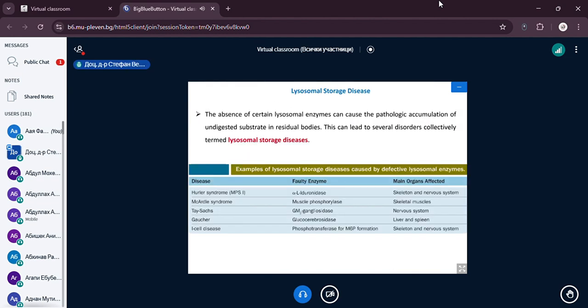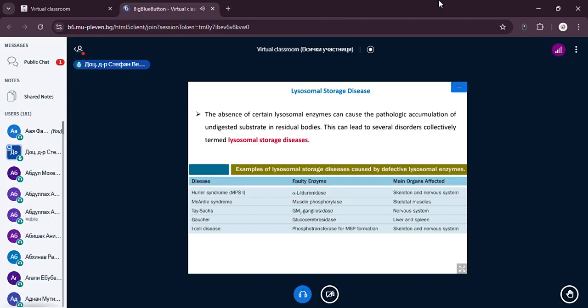So that's how lysosomes are being formed, and we have primary and secondary lysosomes. Based on what is degraded in the secondary lysosomes, they can be